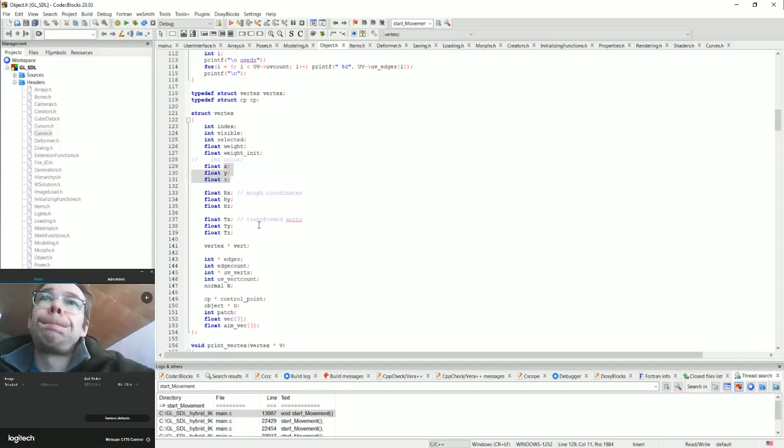And what to do? Probably we should add another 3 coordinates that are used to store those original placements, maybe. Then this vertice structure gets really big. Anyway,